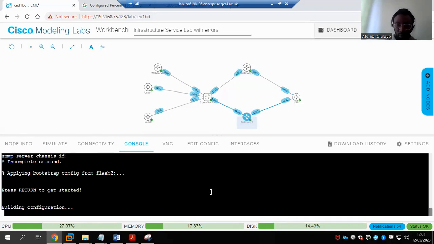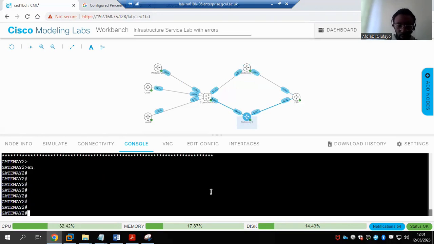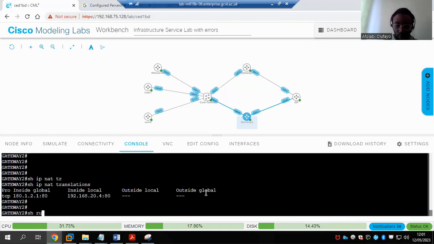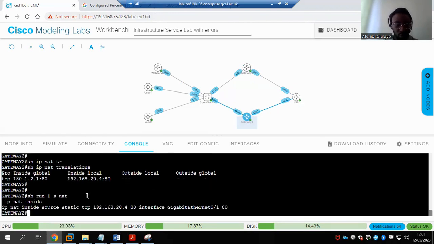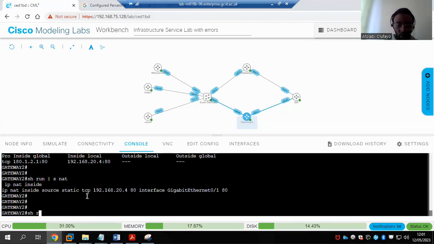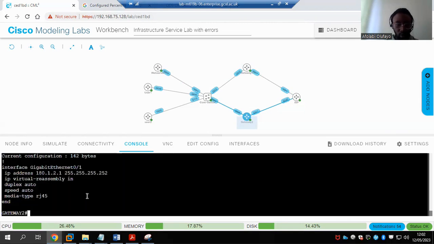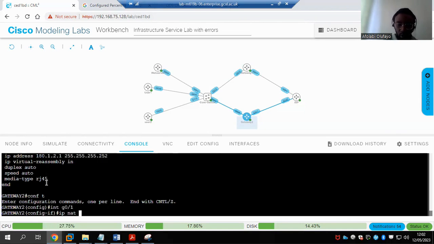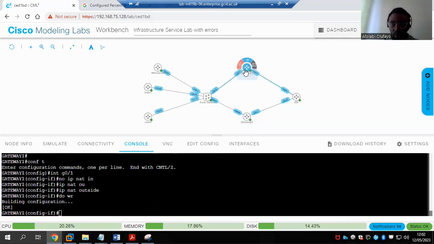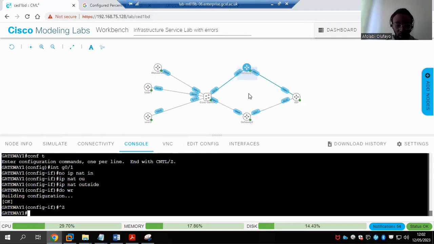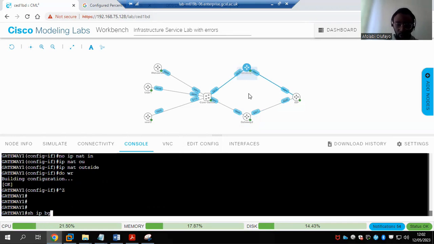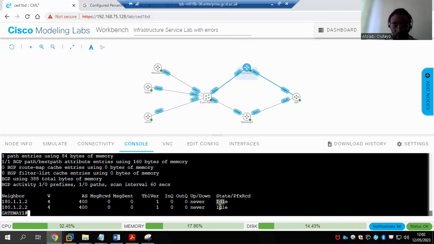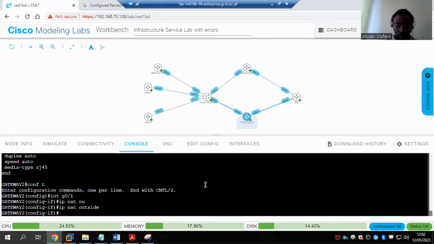So I'm also doing the same thing here quickly. Show IP NAT translation. So no outside, so I will check what's going on with my NAT configuration. Here also, there's only inside, show run. There's no outside. So IP NAT outside to ensure there is nothing. Then I'll check connection to the ISP. Show IP BGP summary. So I can see this is idle. There's a problem. Same here.